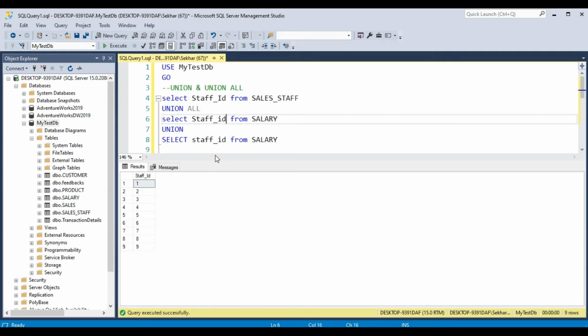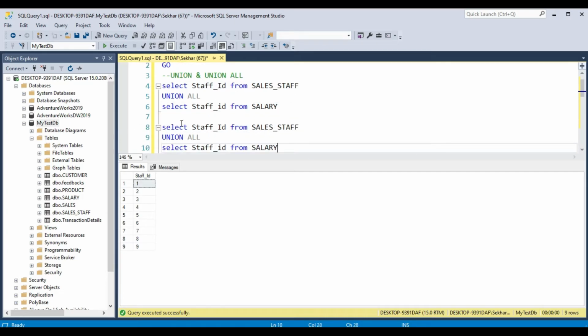As you have seen before, I'll just keep it separate here for your knowledge. When we run this query with the second query and we do union, it gives you only the unique records. But when you do union all, it won't remove the duplicate records.